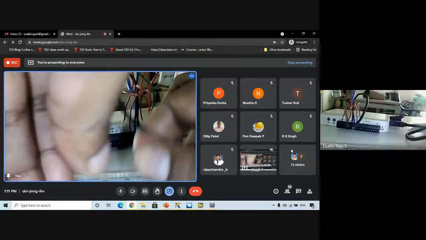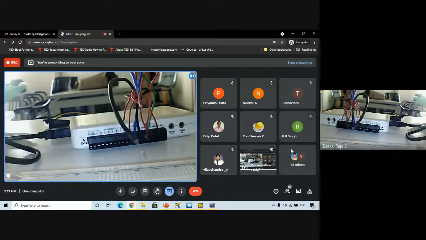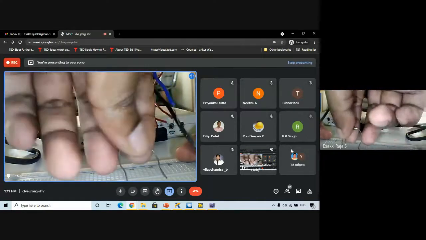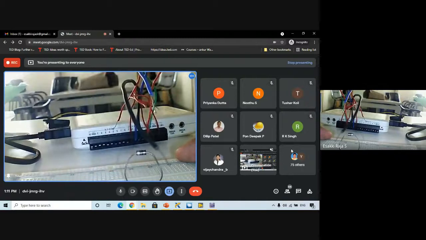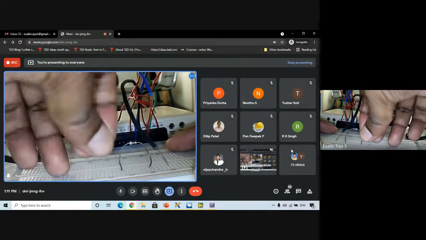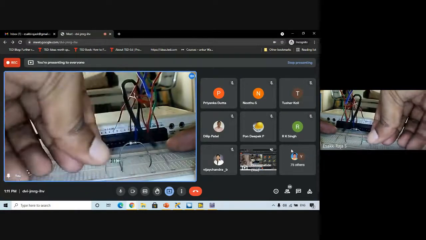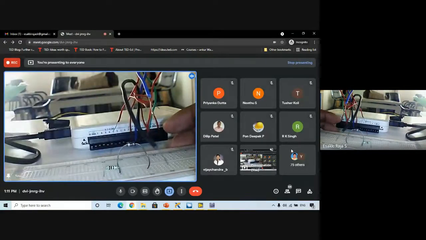I'll remove all these components. Yes, we just need a diode and a resistor.